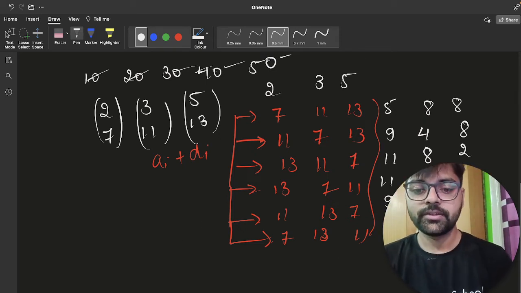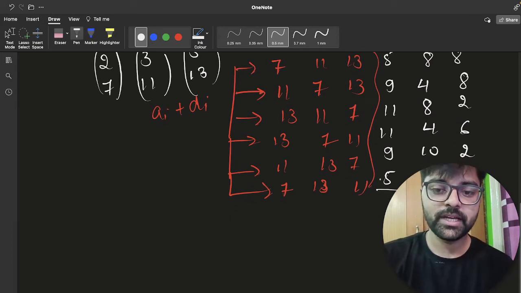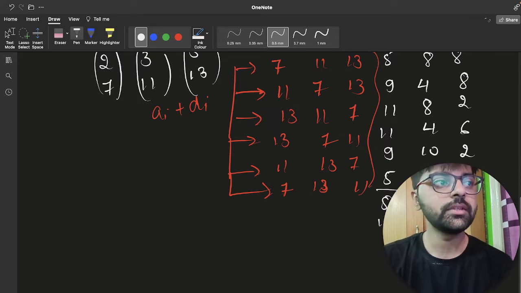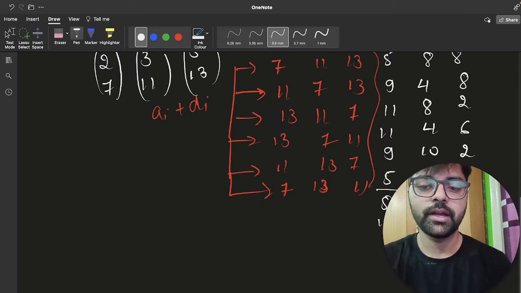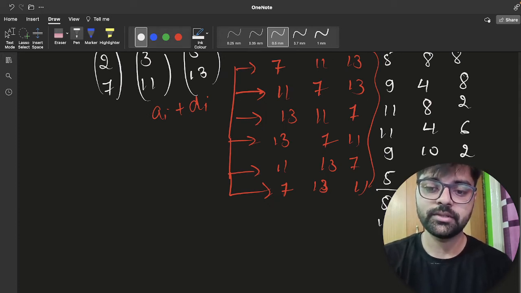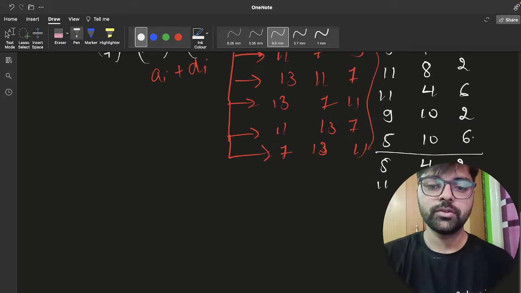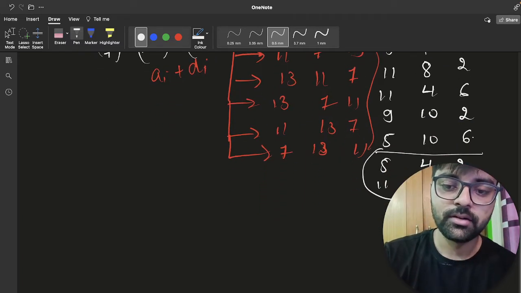So what is the maximum value of all this? You can see the maximum and minimum. Here the minimum is 5, maximum is 11. Here the minimum is 4 and the maximum is, I guess, 10. And here the minimum is 2 and the maximum is 8, right? You can see that. So this is our final answer.